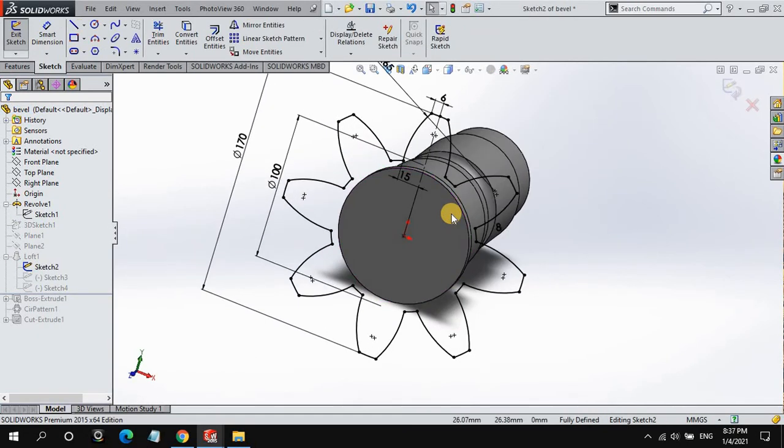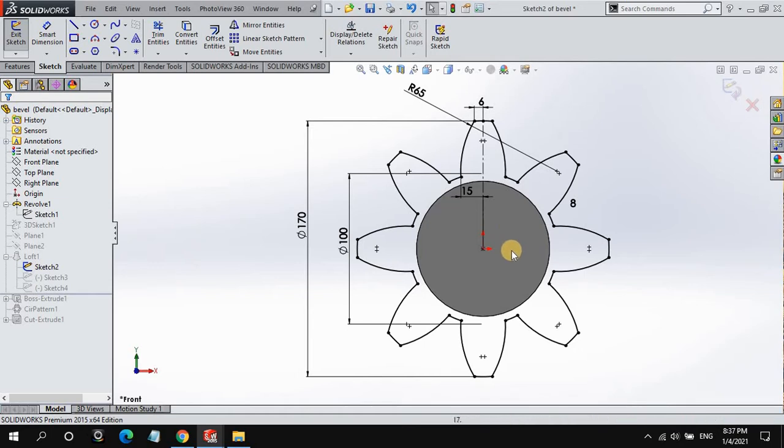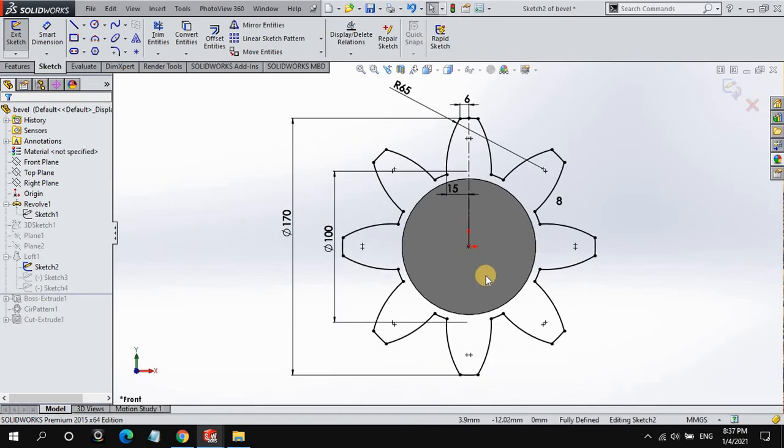Now see how it is created. First of all, on the first plane you have to draw the circle, using the circle command. The bigger circle from here to here is 170 diameter, and the lower circle is 100 mm diameter. Then click on the arc, and complete the arc from this side.